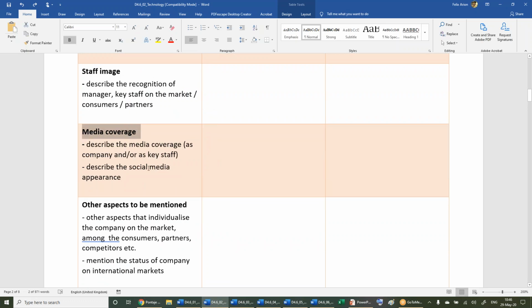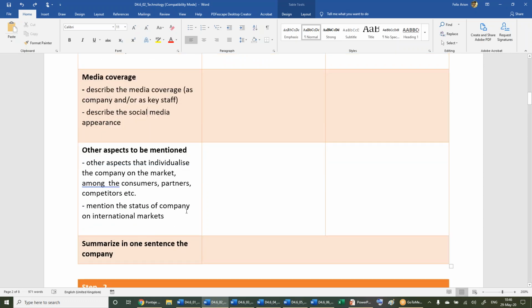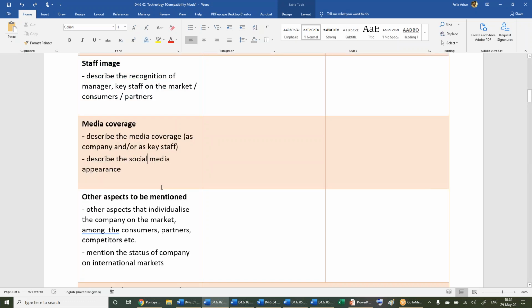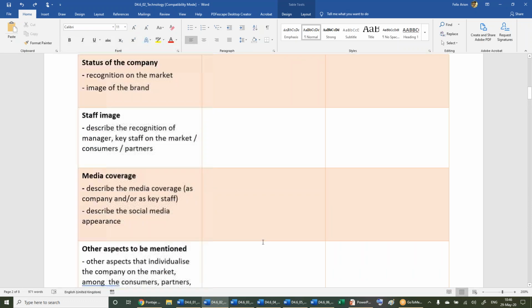Of course, how the media, if it's the case, is describing you as a company, your staff, or your products, and any other elements that you believe can be done or could be interesting and which make your company totally different from the rest of the companies which make similar, or quite common, products to yours. And we will ask you in just one sentence, in a couple of words,